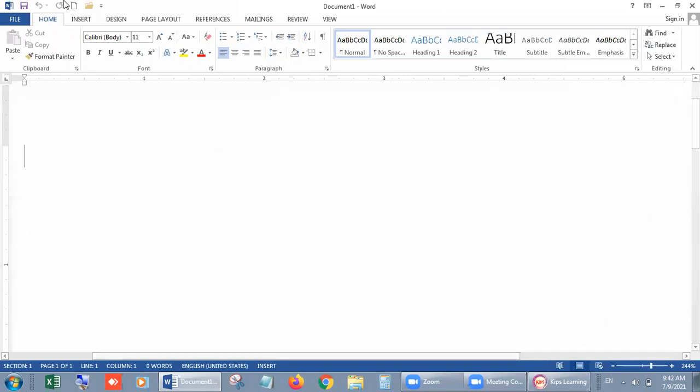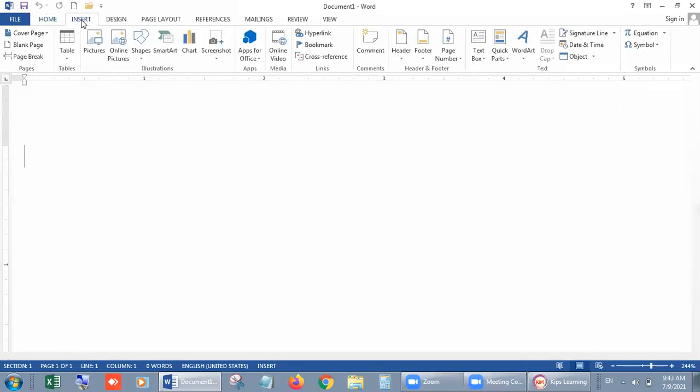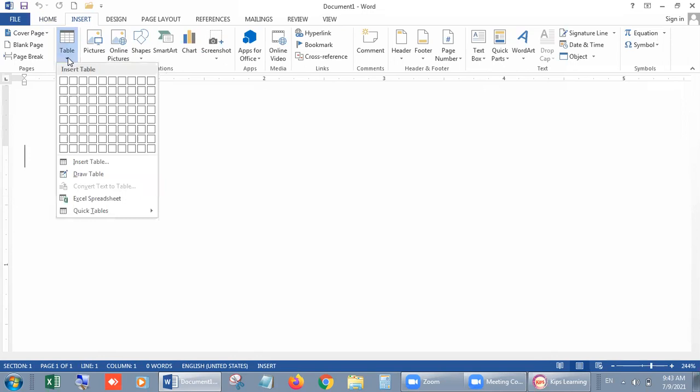Okay, students. Now, first of all, click on the Insert tab. After that, in the second place, we have the Table button. Click on it. When you click on it, some options will pull down, and from these options,